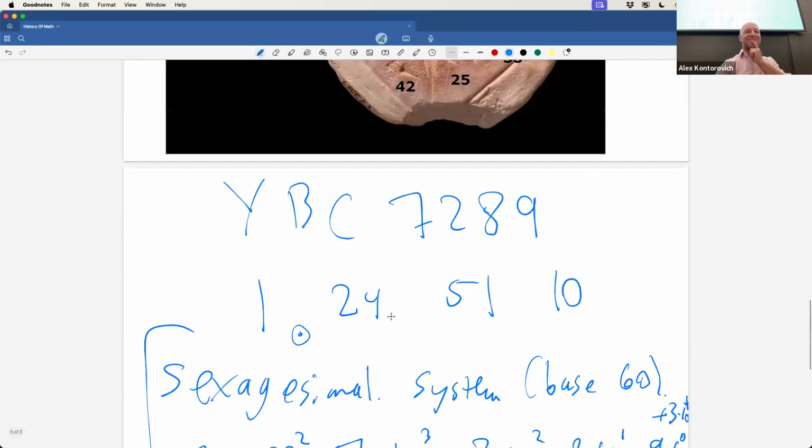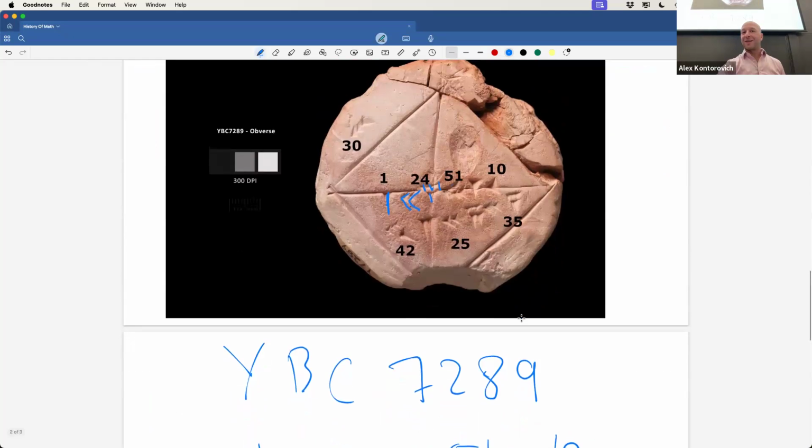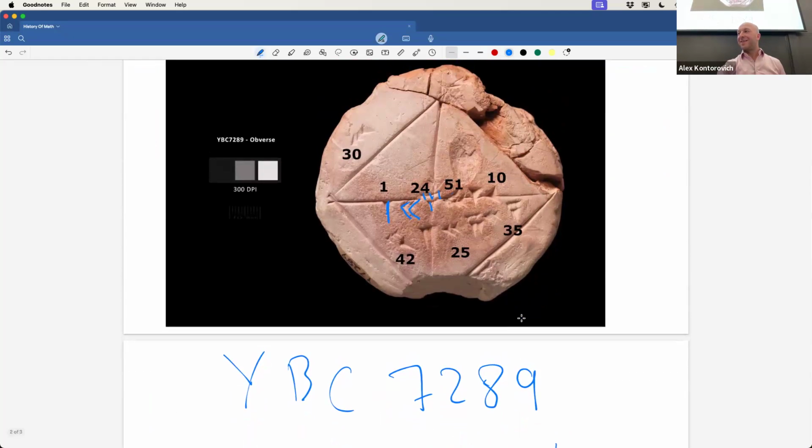Diagonal sides, so how do we know what the diagonal represents and where it fits into this? We're just trying to figure it out, but we're going to come back to what these other numbers are, the 30 and the 42, 25, 35. We're going to unravel this mystery. I looked at the decimal based off of this line, it would have been between 24 and 50.